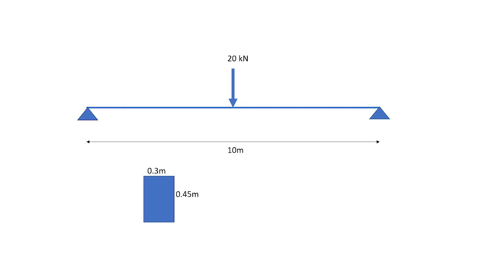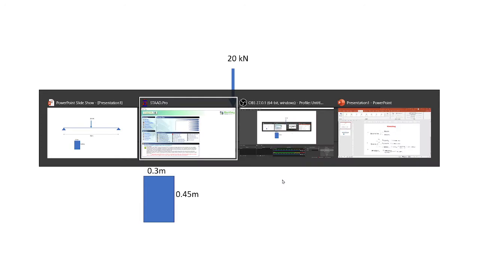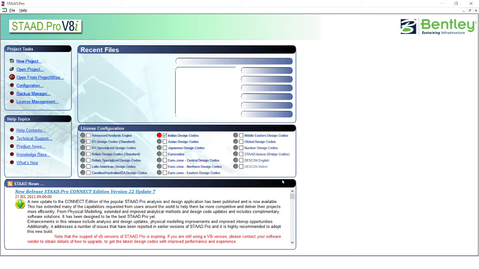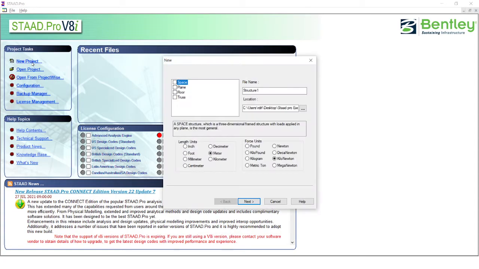Okay, so we'll open the STAAD Pro here. First you click on new project and select space, then you give any name, or maybe I will say this is simply supported.